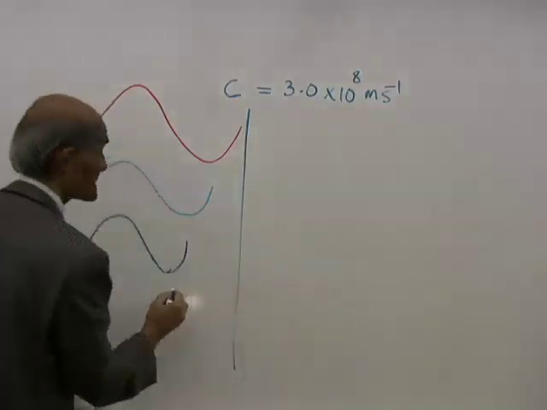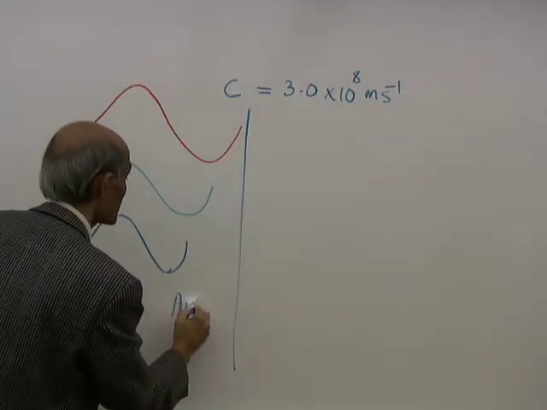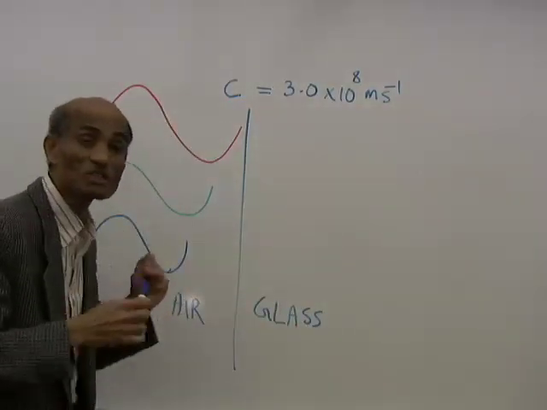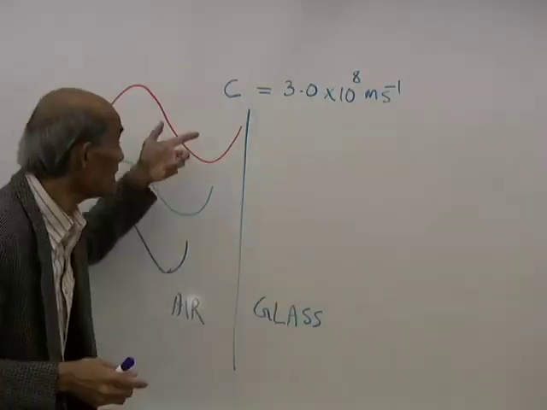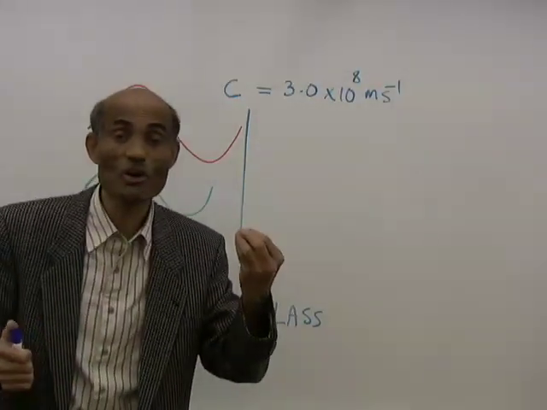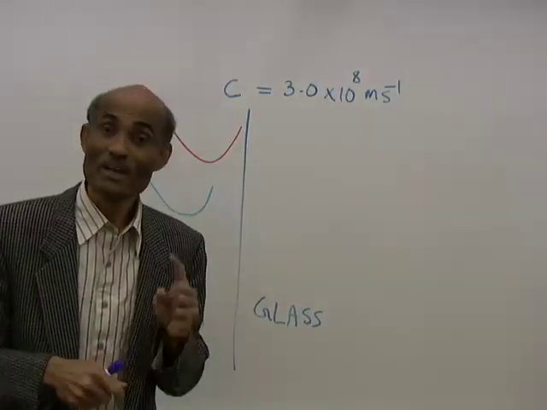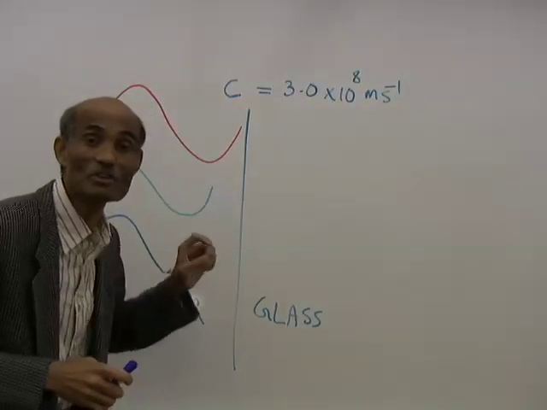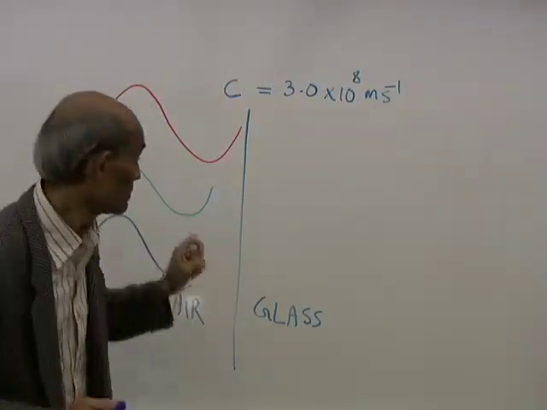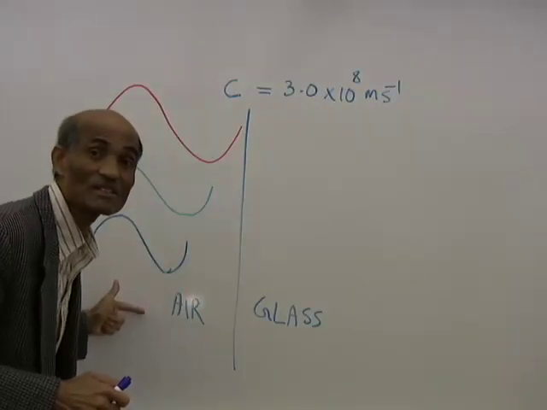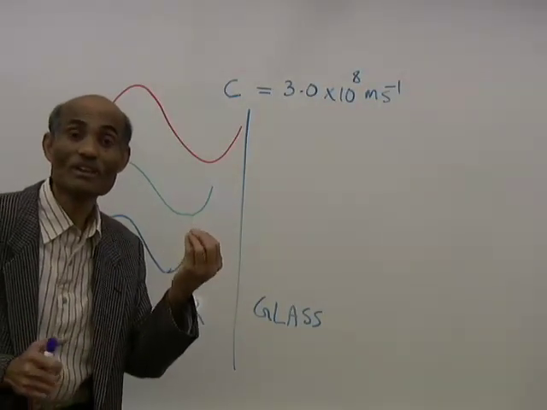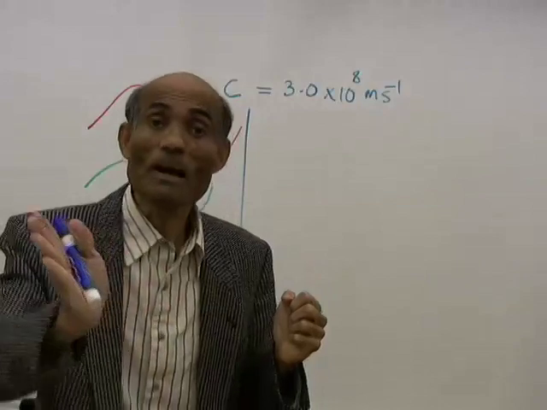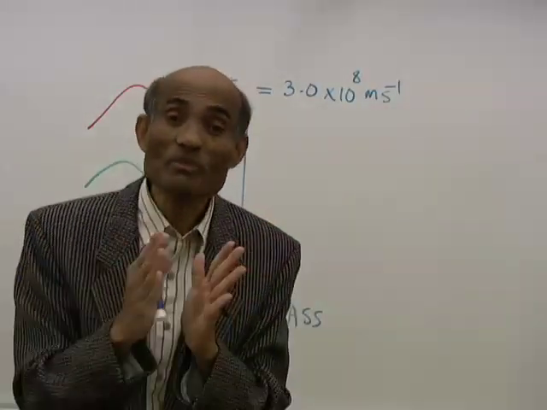these waves to enter from air into, say, glass, what happens is their speed will suddenly change. Each of these waves will undergo a change in speed. Now, the change in speed suffered by each of these colors will be different. Why? Because the energy value associated with each wave is different. If a wave is a very high energy wave, that will undergo much more deviation than if the wave is not